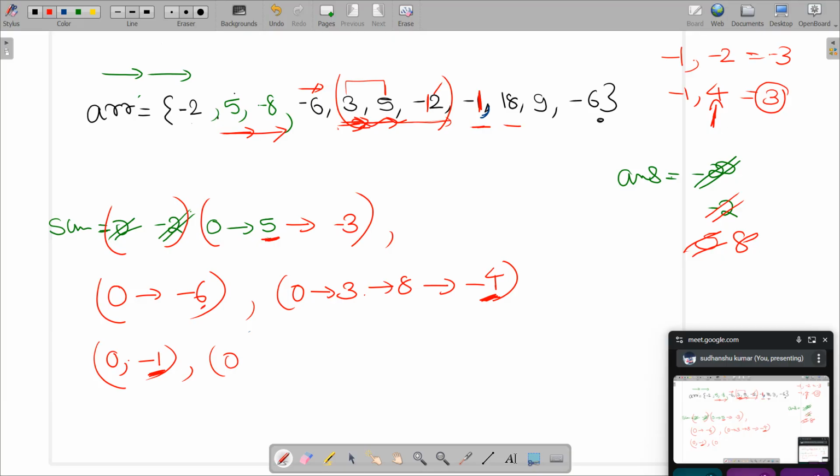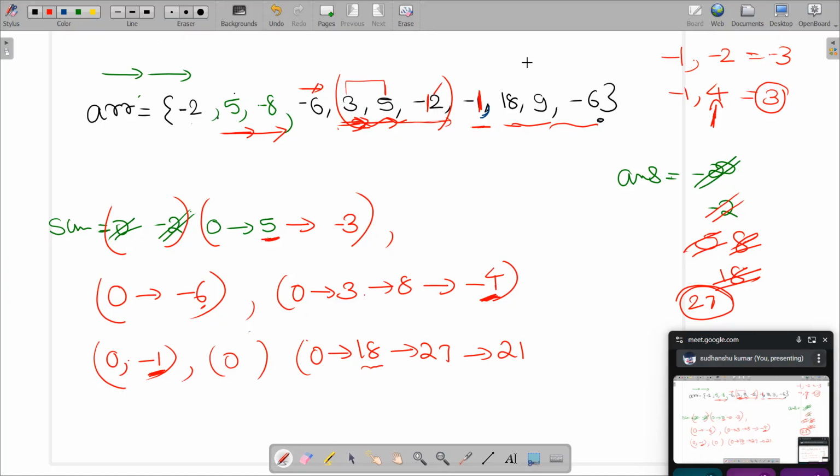Then we will move forward here. Again we are going to start with 0. So from 0 I will become 18. Before I move forward, I will check, is my current train sum greater than my answer? Yes. So 18. Now then I will go to 9. 27. Is my current train sum greater than my answer? Yes. 27. Then I will move one more step forward. 21. Is my current train sum greater than my answer? No. So I will let it be like this itself, and then I will reach the end of the array. And by that time, whatever is present in your answer, you are going to say that this is my answer. Do you understand this, every one of you?